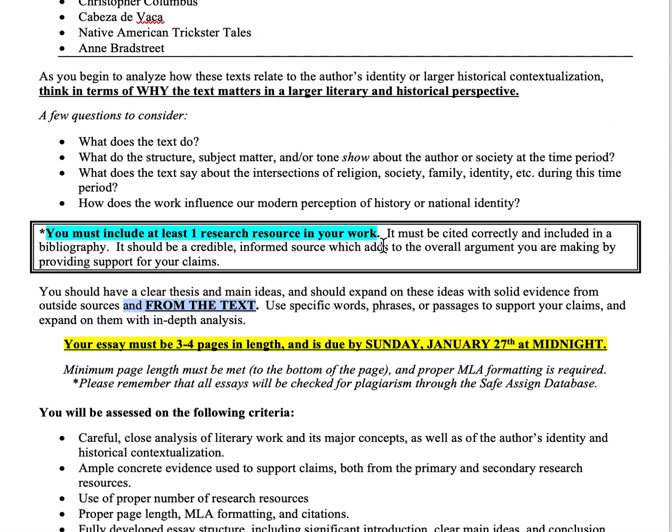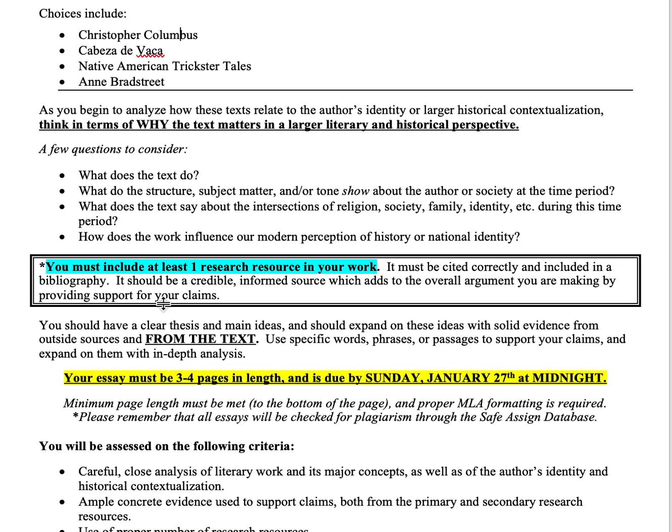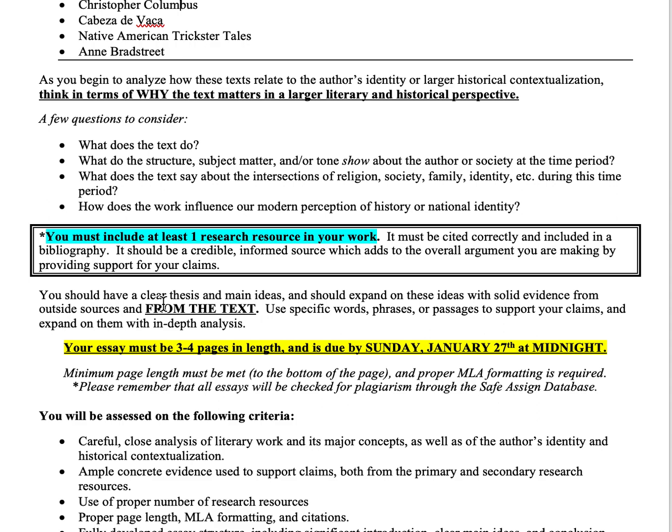So this means that if you're writing about Columbus and his letters and you're making the argument that Columbus was self-centric and self-serving, I would want you to pull in quotes that show him using the language of I. If you're going to talk about the tone that he's using, I would want you to pull in quotes that show how he talks about the native people as objects rather than people. I would want you to pull in quotes that show, say, the shift in tone. If you did the second letter, the shift in tone where he's begging for help from the queen. You need to show these things rather than just say them.